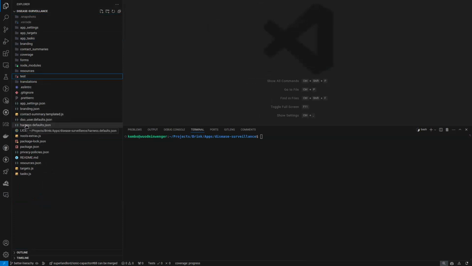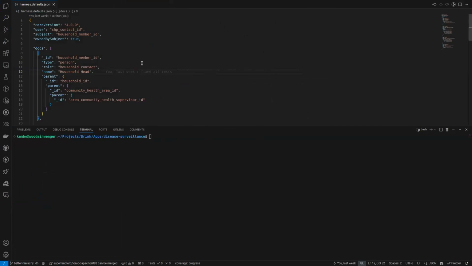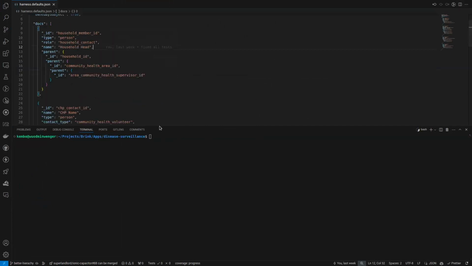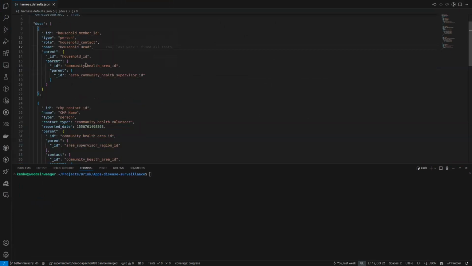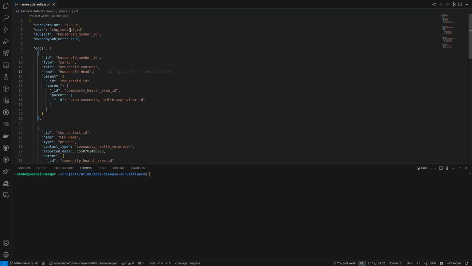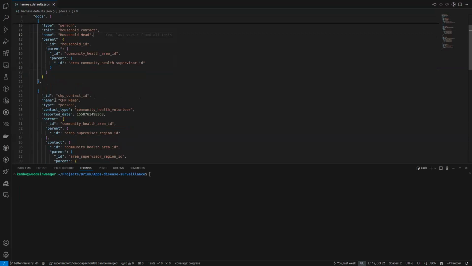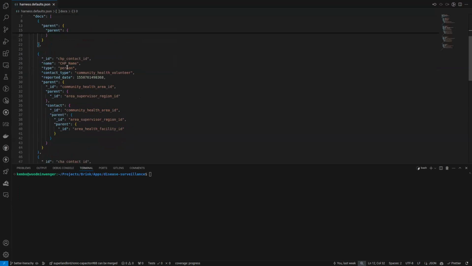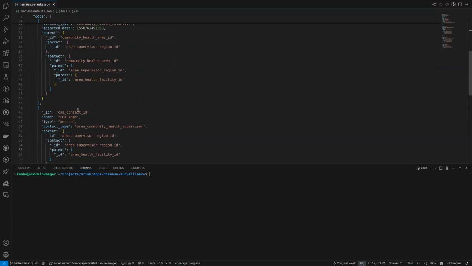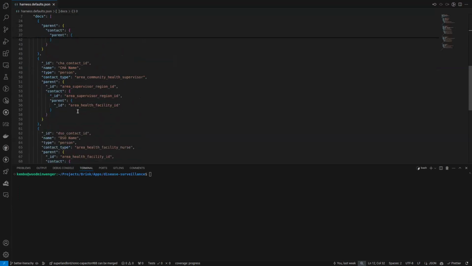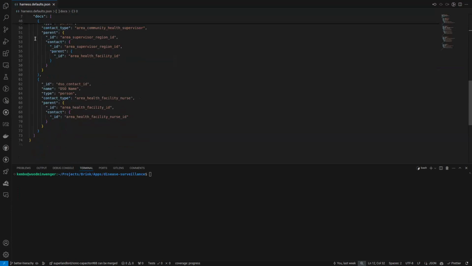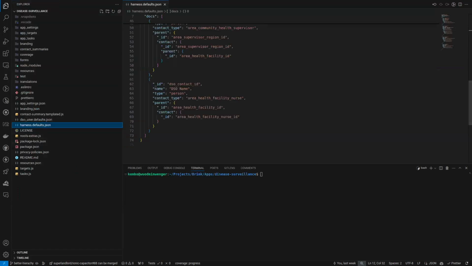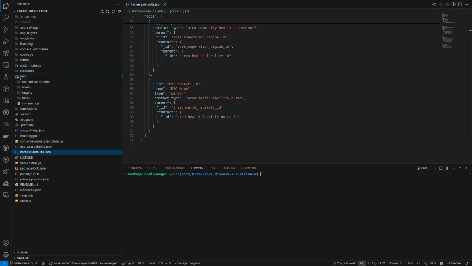Now when you look at my harness.defaults.json, you realize that some things have changed here. The user still is the default user, but now you realize that I have several users. There's the patient, household member, and then there's a CHP contact, which was there before. But now you can see I have my CHA. I also have my DSO, all in one harness.defaults.json file. And then now when we go to the tasks, which I was testing,